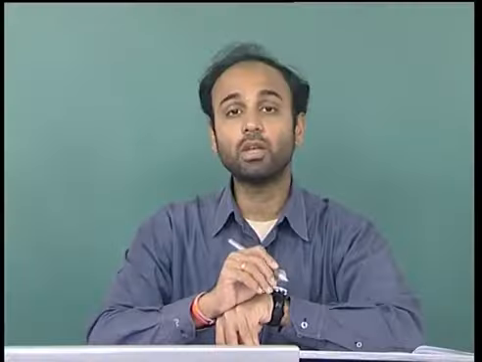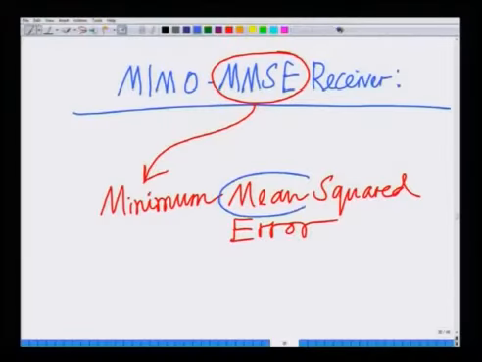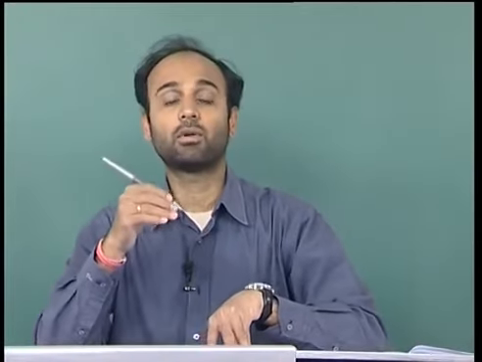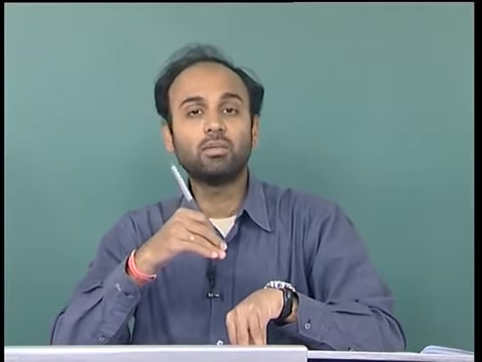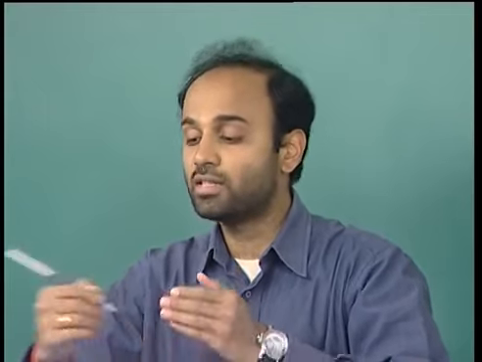Remember, this is also minimizing the squared error. However, the key term here is mean. It takes a mean squared error. Remember, previously we were minimizing the deterministic squared error. So, this is the mean, that is, I am treating the squared error as a random variable and I am taking a mean. This is a very critical difference in statistics. This is known as a Bayesian approach.